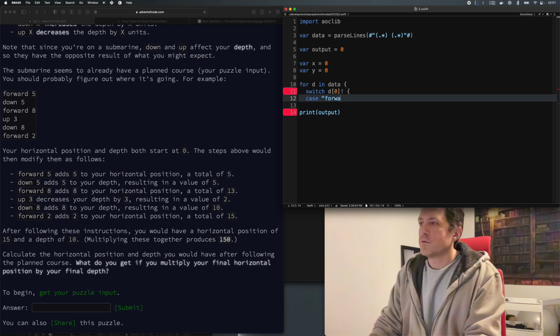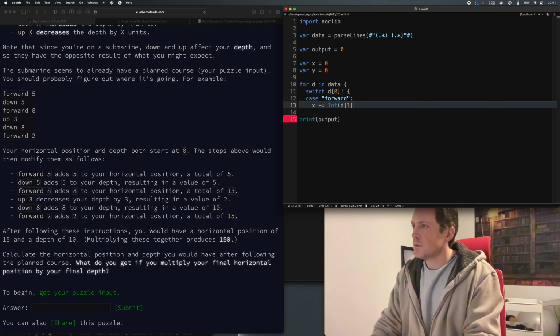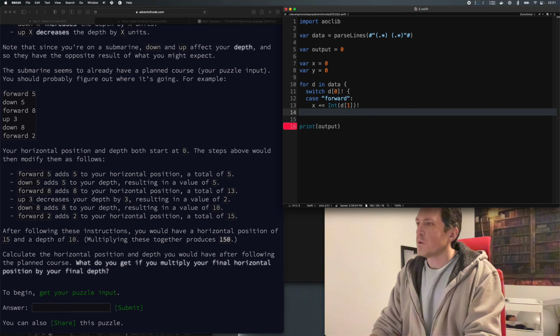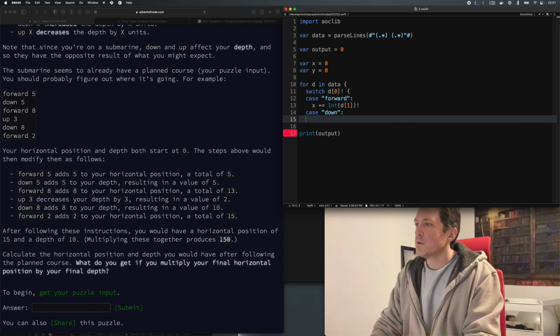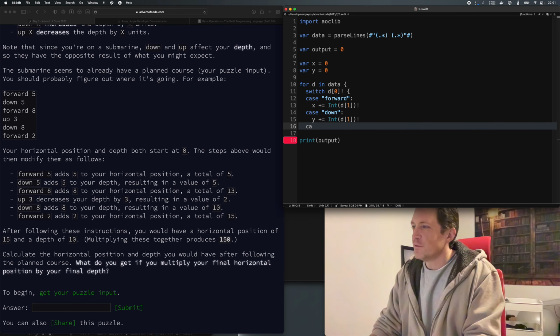Case... I could have actually unpacked the number outside the switch, but...